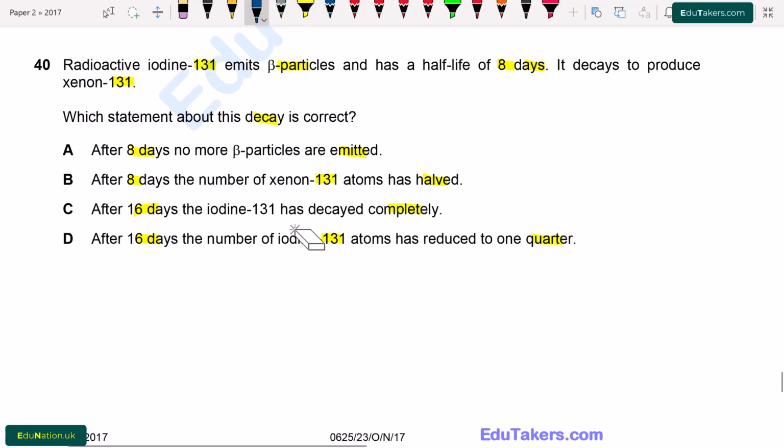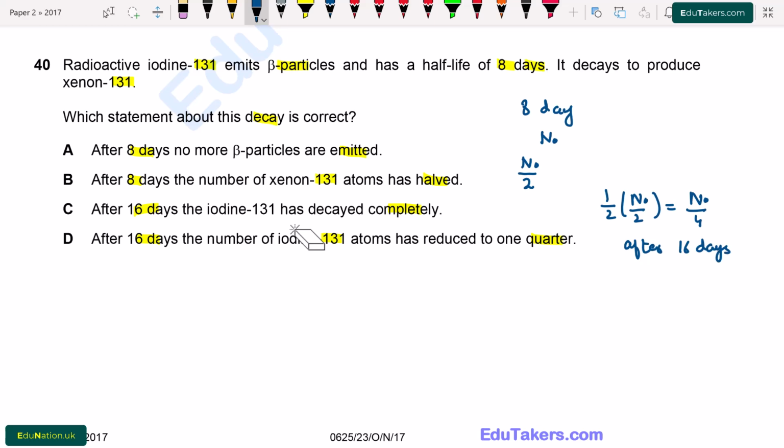So first of all, the half-life is given, that is 8 days. When the first half-life passes, it means that 8 days pass. What will happen? The amount remaining is half. If I say that the number of atoms present originally is N0, then after the first half-life, they will be N0/2. When the second half-life passes, that is 16 days pass, then half of this amount will remain. So it will be 1/2 of N0/2. This will be N0/4. This amount remains after 16 days.